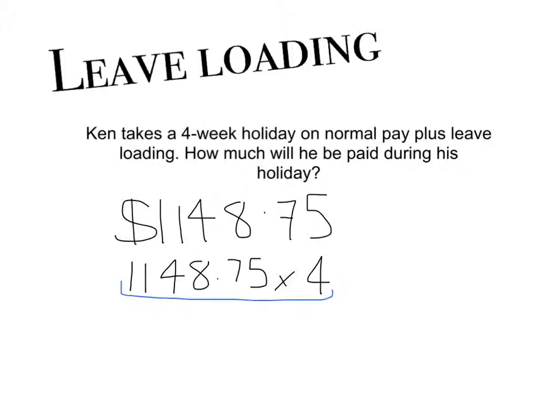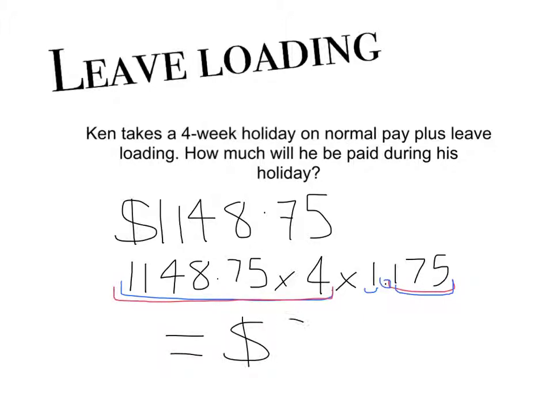And I need to add 17.5% of it. Okay? I need to add 17.5% to 1148.75 multiplied by 4. So I can do it in one step. I can actually just go 1.175. What that represents is I'm adding 17.5% to it, but I'm taking 100% of all of this. Okay, so it's saying all of that plus 17.5%. So I multiply it by 1.175 and I would get an answer of